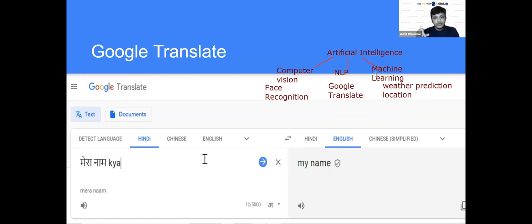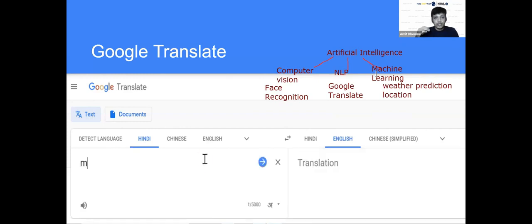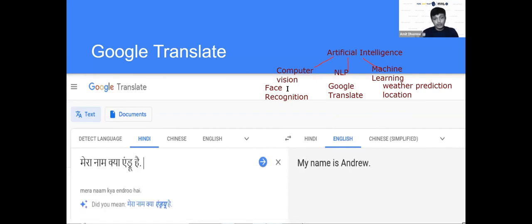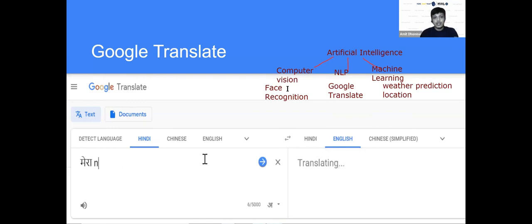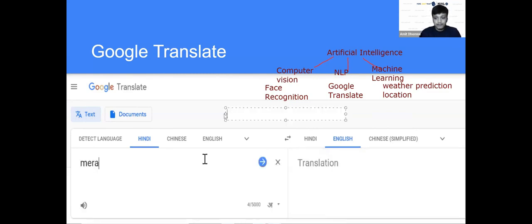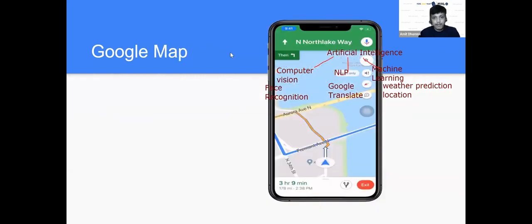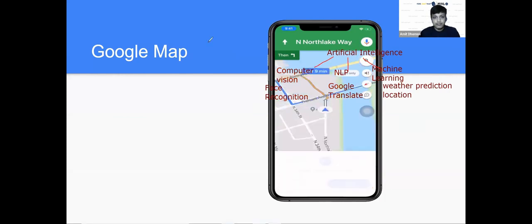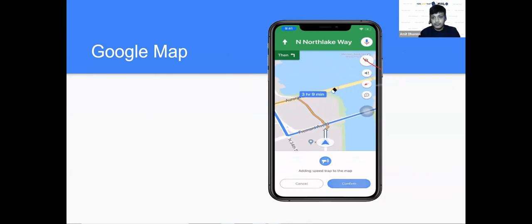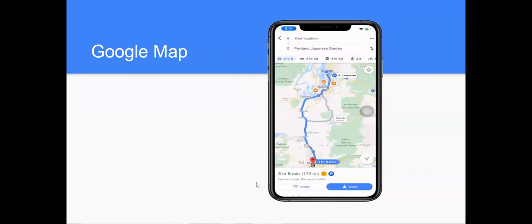We use computer vision in Google Map to see you on the satellite, to capture your current location. So machine learning will make the prediction, and computer vision will be used to capture your location image. That is the reason. Let's see the video first. Yeah, just see this video, this Google Map, how they are using it, right?